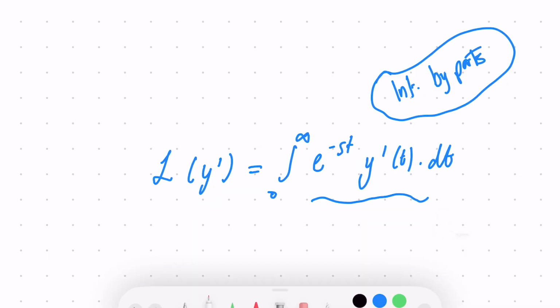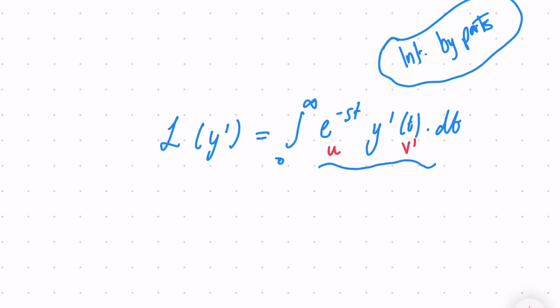So basically there's a way of writing it where you call that u and that v dashed, and you end up with uv. So you end up integrating one of the functions and differentiating one of the functions. We're going to integrate the y dashed, and we're going to differentiate the e to the negative st. I'm not going to make this into a lesson about integration by parts, but that's the way around that I'm going to do it. So it's integrate the y dashed, and I'll get y, multiply that by e to the negative st,